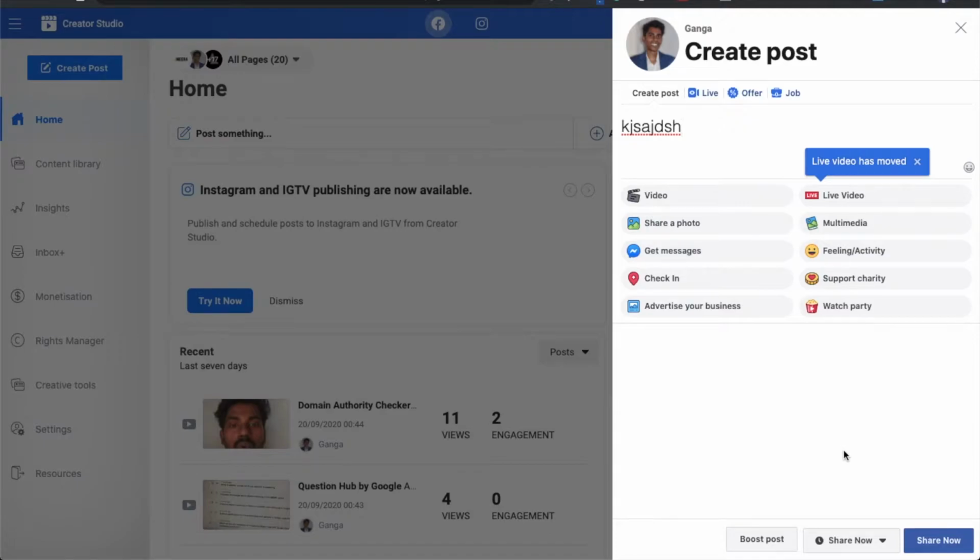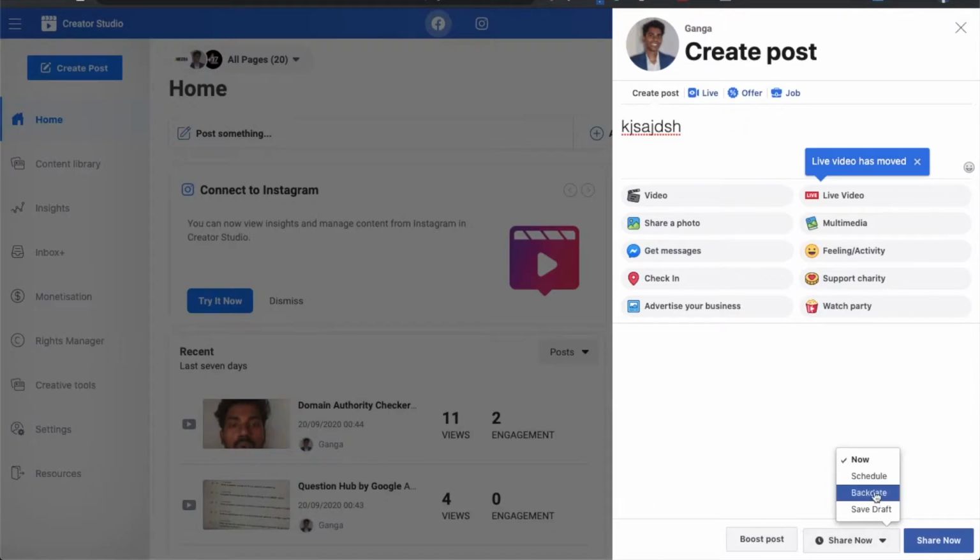Here is the catch: on Facebook you can only simply post or share content at the same moment, but with the help of Creator Studio you can even schedule your post, and even post content in the back date.